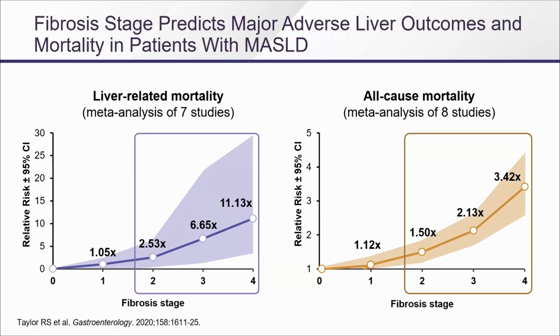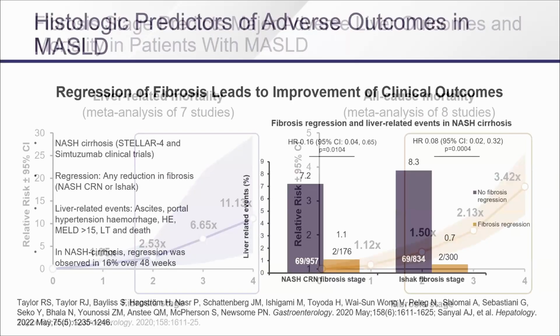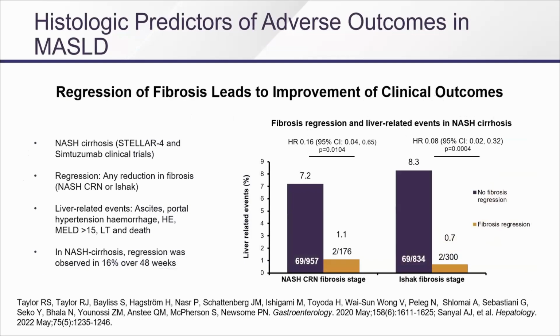And strangely enough, all-cause mortality also increases because the more you have liver disease, the more you have cardiometabolic risk. So now you're compounding their risk of all those adverse outcomes. So what I would say is I draw the box in between stage 1 and stage 2 where this becomes my problem in addition to the cardiologists and endocrinologists. So the point is we need to focus on fibrosis. And the second question is, well, if we make fibrosis better, will we make outcomes better? And there is data to support that.